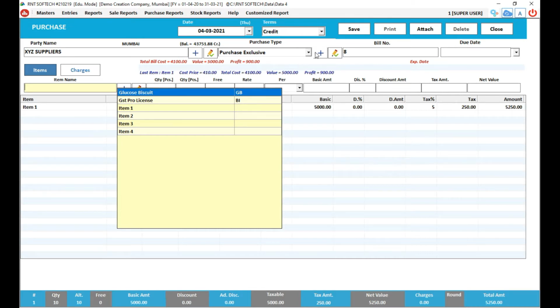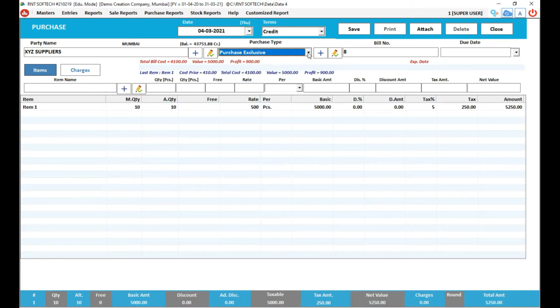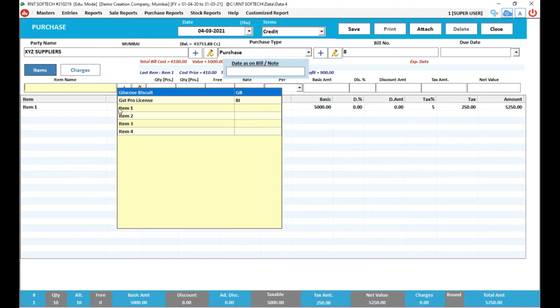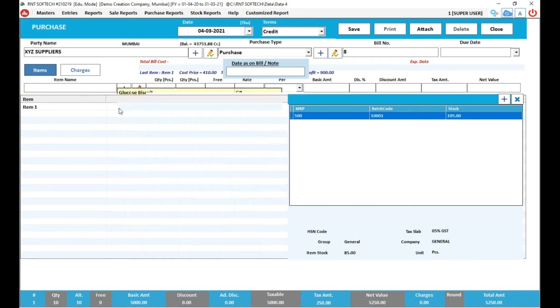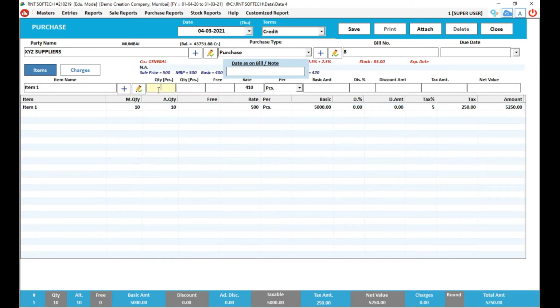Now I will take you to the purchase inclusive option. Just make this purchase inclusive and see the effect on price. Bill number remaining the same, I'm creating an item, taking item 1, which I had selected previously, taking 10.